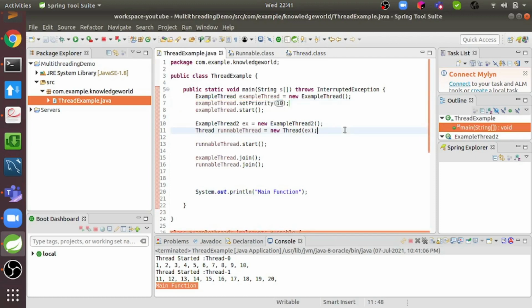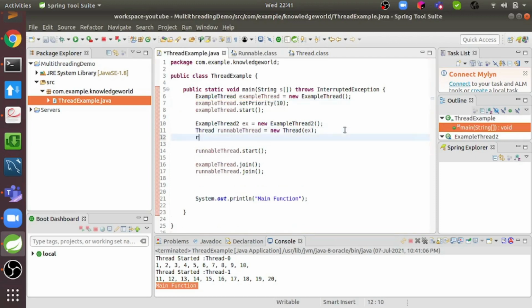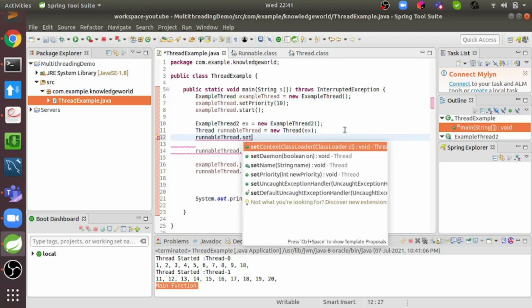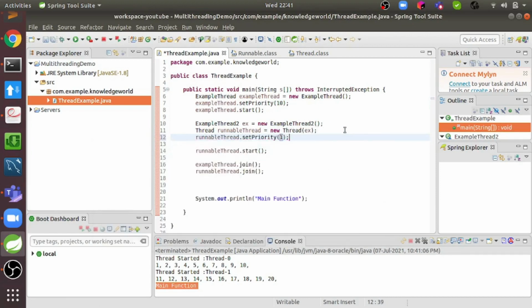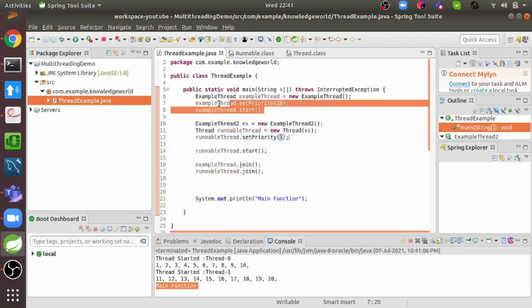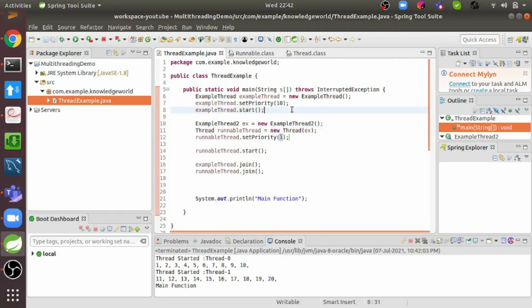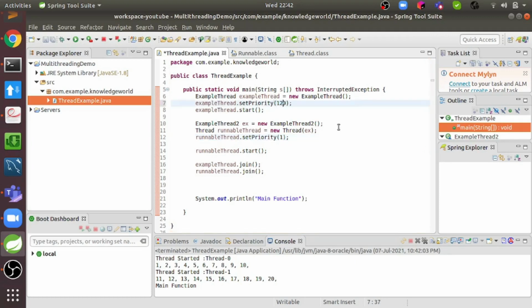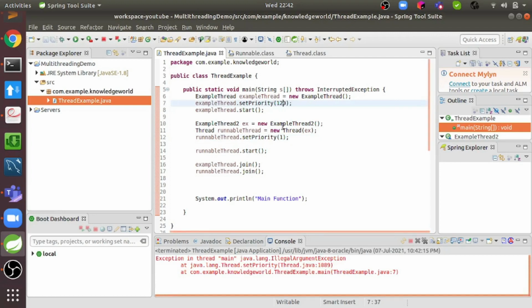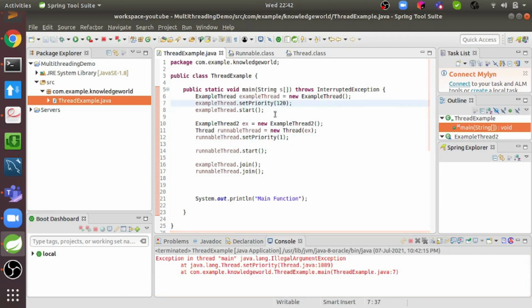It's not necessary that, if I have set this priority as 10 and for the other I have priority of 1, then the CPU will for sure take this first and then the other. It's an indicator to the CPU scheduler that you can take this first and the other one later. So this is the priority function, and you have to set this between 1 and 10, else you'll get an exception. Let's say we set it to 120, it will throw the IllegalArgumentException, as we have already seen in the code.